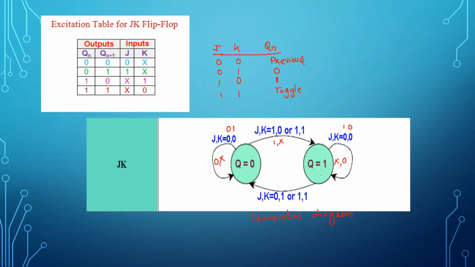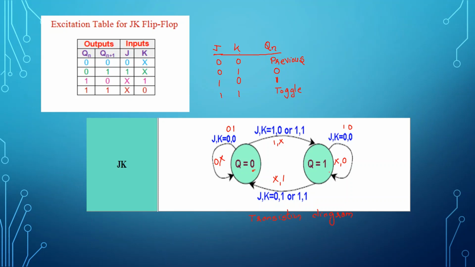Similarly, the data that is stored in the flip-flop is 1 and you want to change it to 0. In that case, you can give the input as 0 1 or 1 1, which means I can write it as x comma 1. The same is getting reflected in the excitation table. It is 0 here, and after a clock signal, I want it to be 0. So what inputs can I give? I can give the input 0x. Can you see it's 0x here?